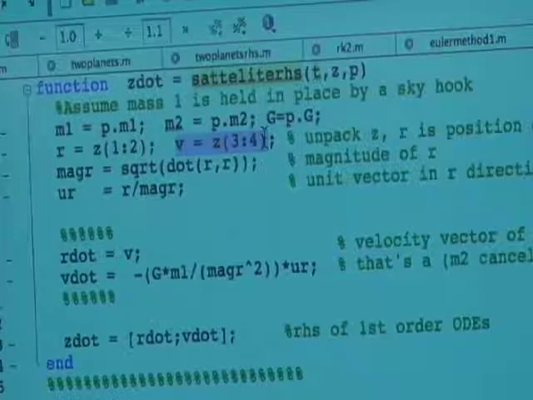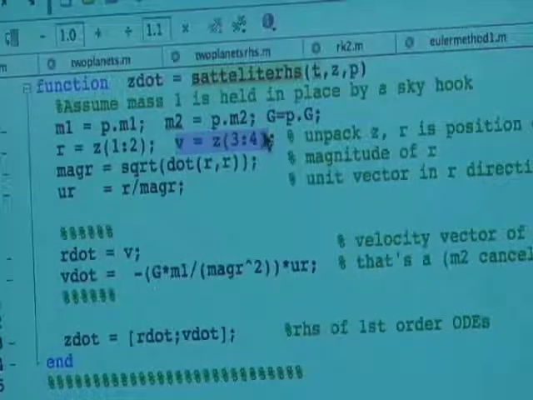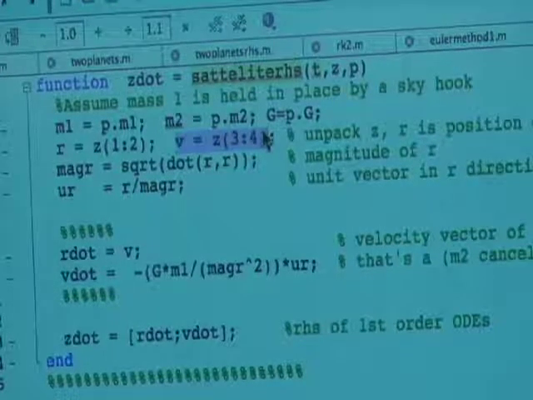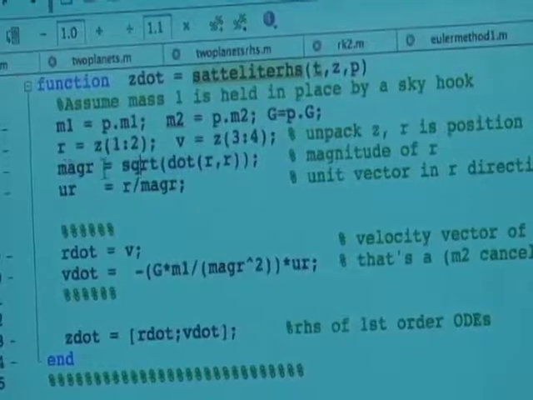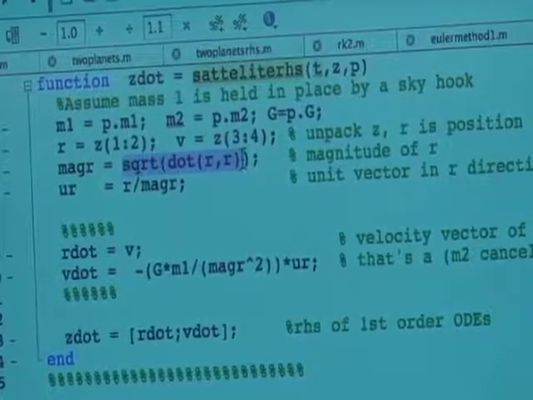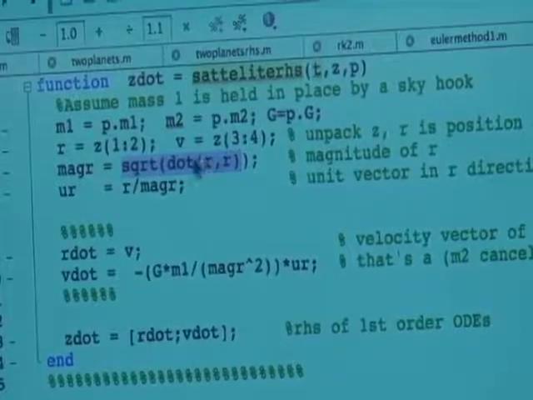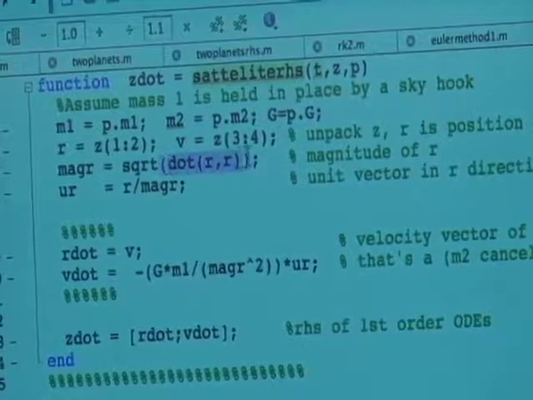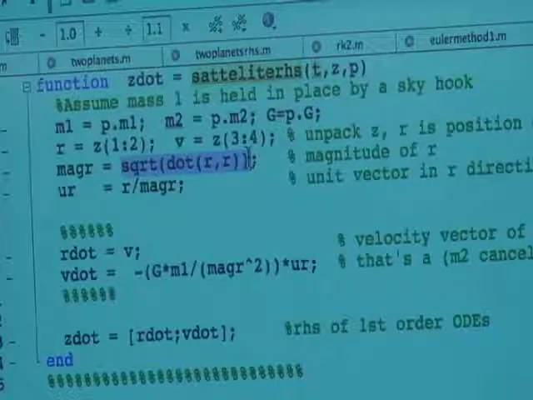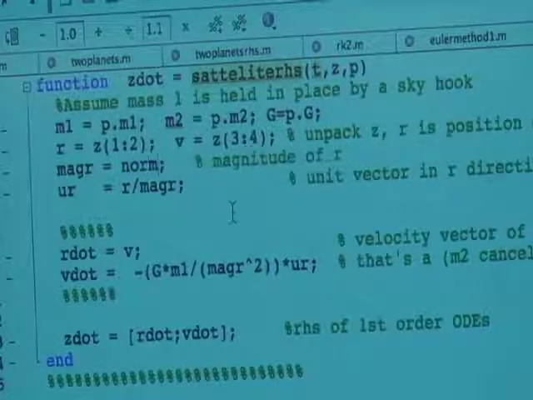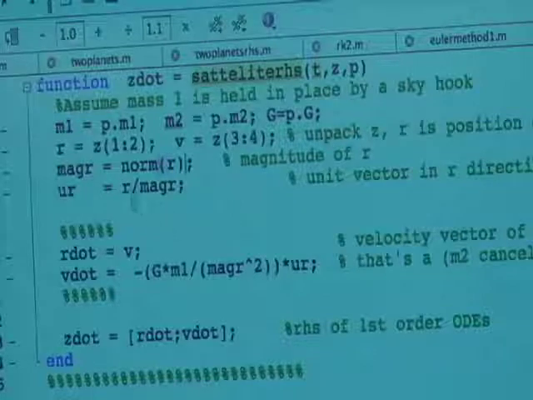And in this case, it's just one mass, because I'm not doing the new problem. I'm doing the single satellite going around the fixed planet. And in this case, I wanted to know the length of this position vector. There are different ways of getting this in MATLAB. You could take r1 squared plus r2 squared, the square root. You can take the dot product and the square root. Or there's actually a MATLAB command called norm. I could have just typed in here norm of r, and it would give the same result. It's so common you want to know the magnitude of a vector. There are lots of ways to calculate it.